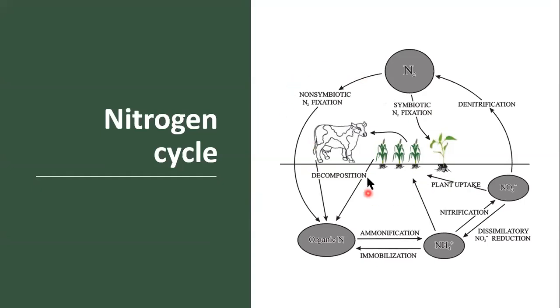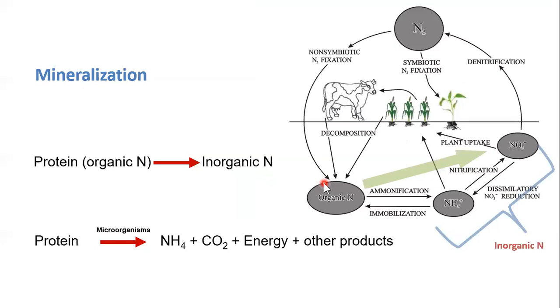If you simplify the nitrogen cycle, you can see here that we are getting nitrogen from the atmosphere, from the animal manure, from the crop residues, and from the fertilizers, of course. Then that is being taken up by the plants, and the excess amount or unfavorable conditions in the soil can lose some of the nitrogen into the atmosphere. We will talk about this in detail in the following slides.